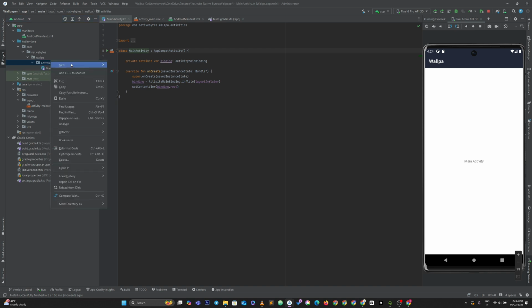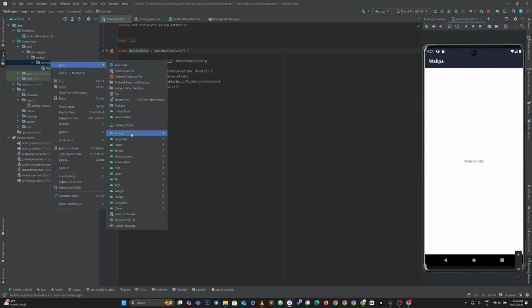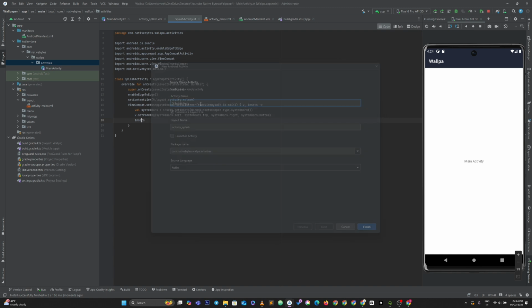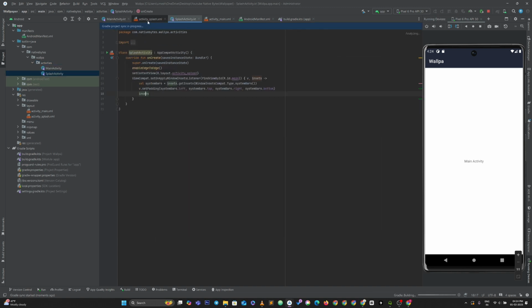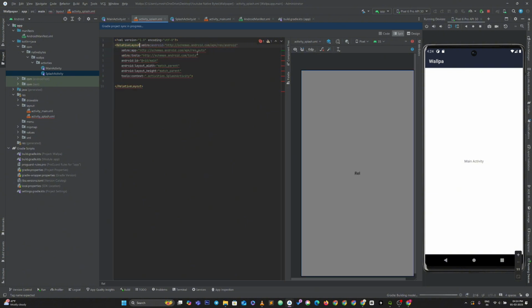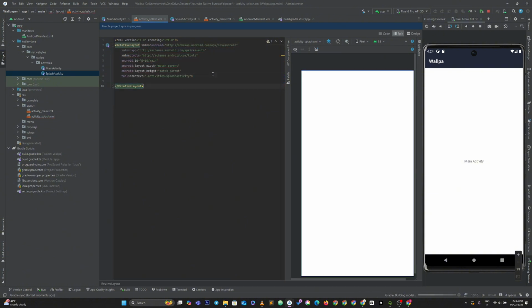So for that we need to add an empty activity. I will give the name as splash activity. Come to the activity splash. I will change the layout to relative and under that I will add the image view. Width should be 100 dp and height should be 100 dp, and under this I will give the background to